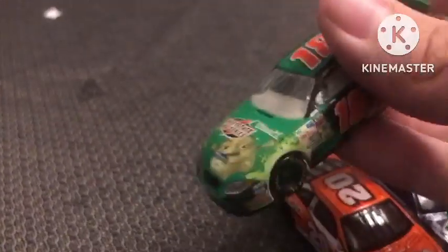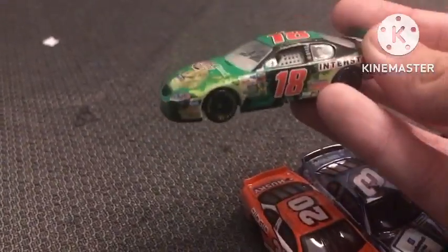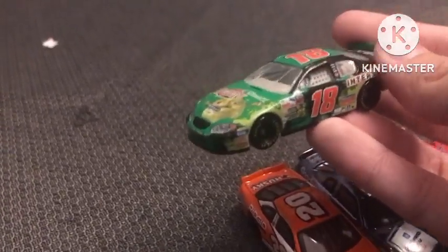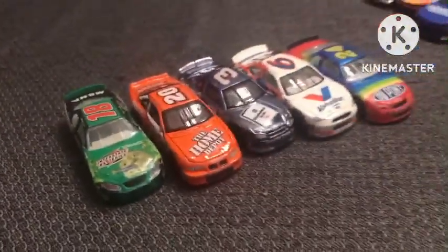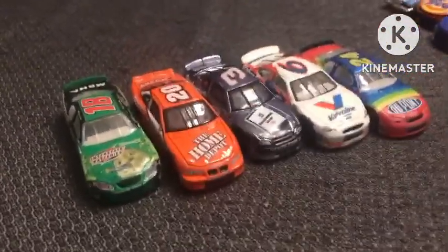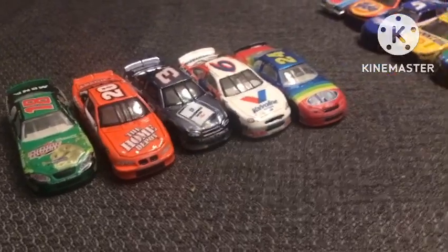I just got this because I thought it was funny. I don't really know much about Bobby Labonte, but I really just wanted this car because of the Shrek 2 stuff. Because Shrek is just hilarious. I guess you could say I just got this car for the memes. I'm so sorry. But anyway...